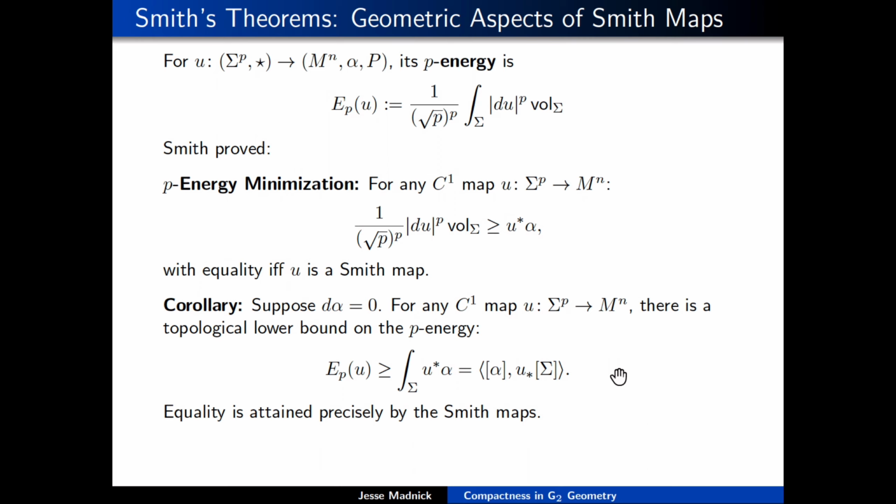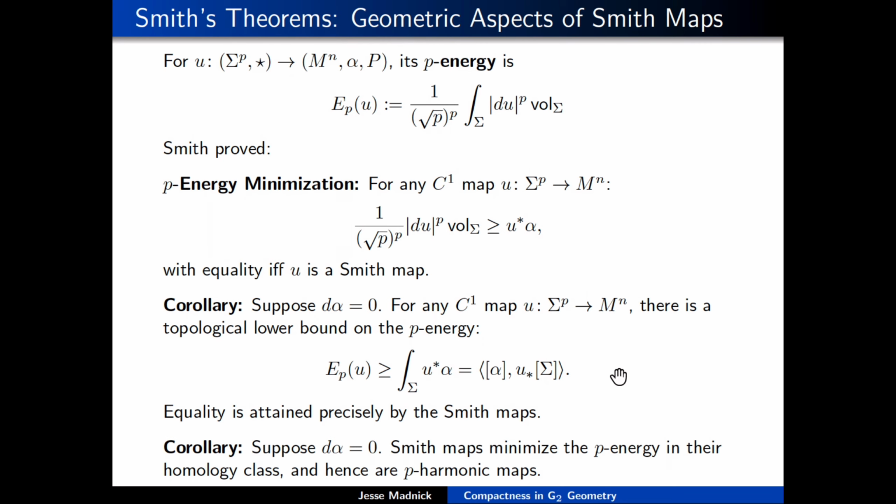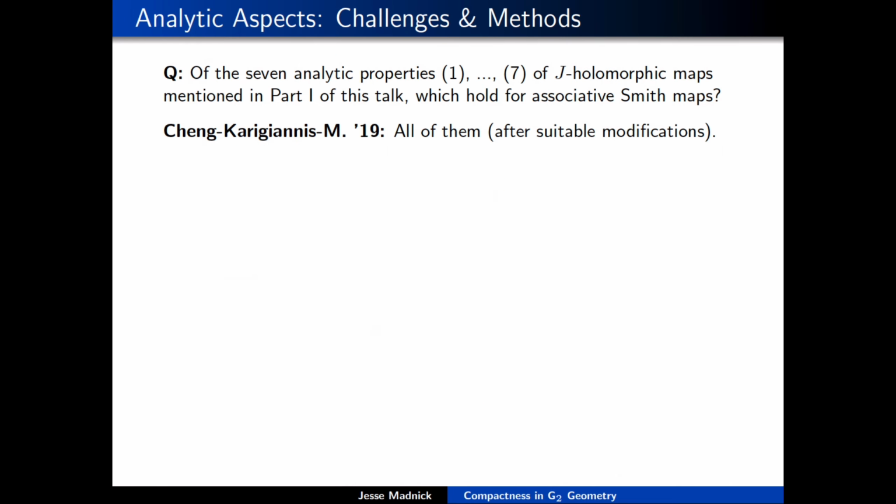So this is a very interesting geometric characterization of these minima, for homological minima for the p-energy. And so in particular, Smith maps minimize the p-energy in their homology class, and in particular they are themselves p-harmonic maps. Okay, so given these strong analogies, really generalizations of geometric facts from the J-holomorphic map world, one might ask,